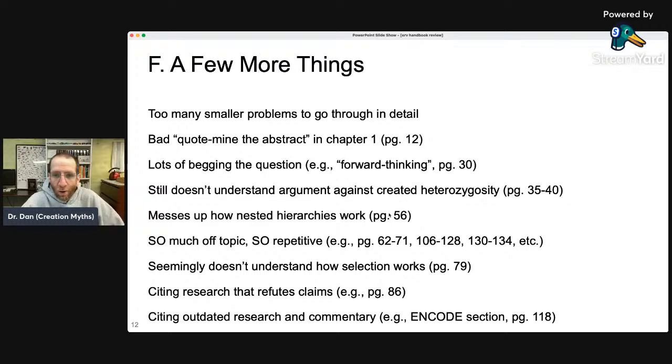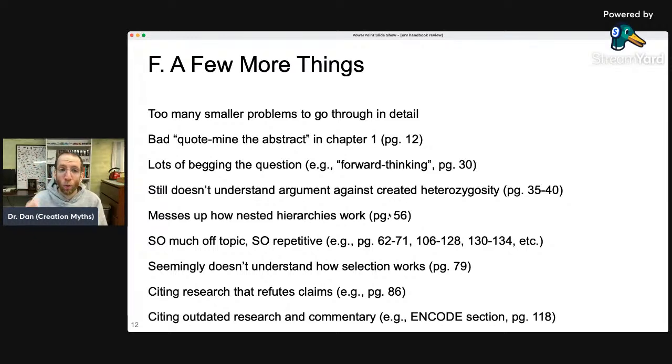This is particularly egregious in a section on ENCODE around page 118, where he quotes Fuz Rana, Dr. Rana, from Reasons to Believe. Some of you may be familiar with Dr. Rana's work. One of Dr. Rana's big things is that junk DNA is not really a thing, and ENCODE showed that junk DNA is mostly actually functional. SFT quotes at length from a thing Dr. Rana wrote back in 2012,